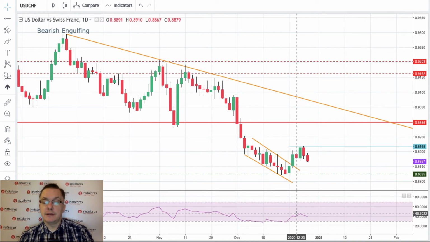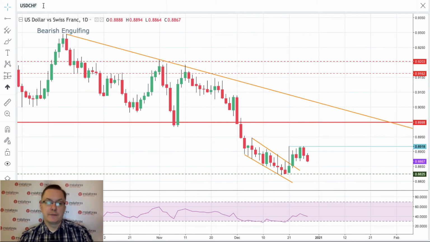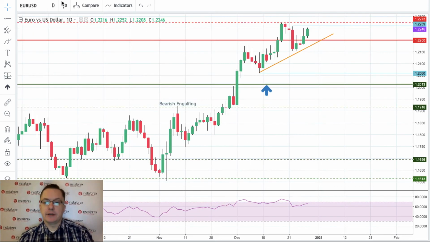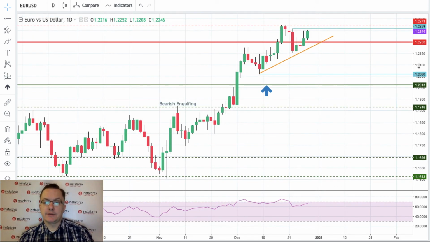The momentum didn't even move above 46, so it's still in negative territory. The sentiment is still negative on the USD to the Swiss franc, and it looks like we are going a little bit lower again. And the last one, I think we should take a look at the euro dollar,